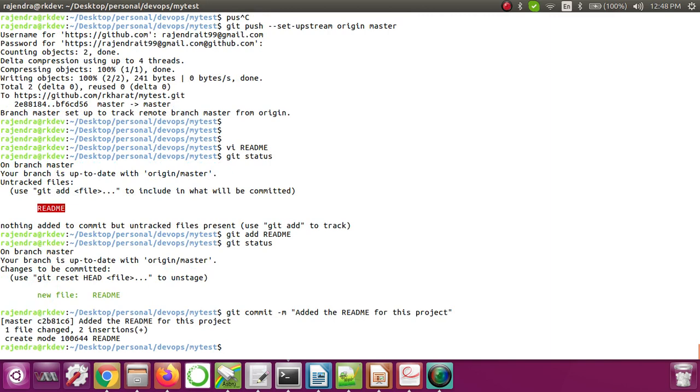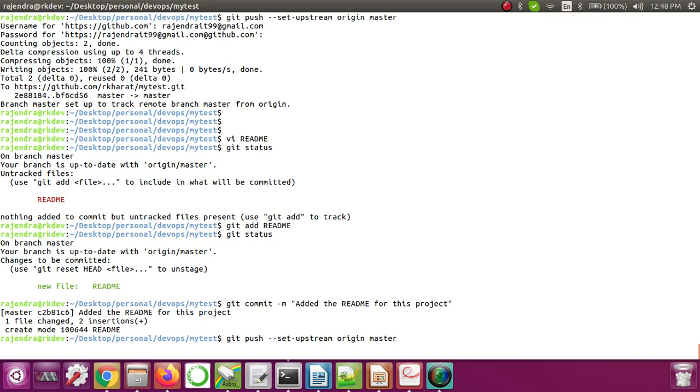Okay, so now the commit is done, we need to push it. Okay, so to push that, we have git push --set-upstream origin master. Okay, so that means we are pushing this into the master branch. Okay, so now if I run this, it will again ask for credentials for our repository. So let me add this, Rajendra.